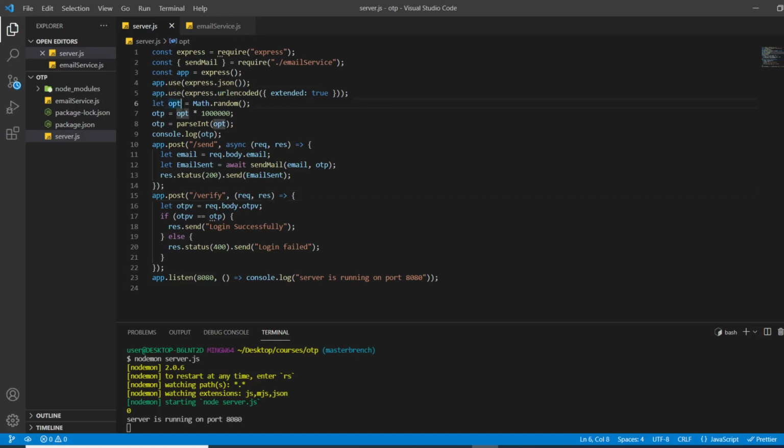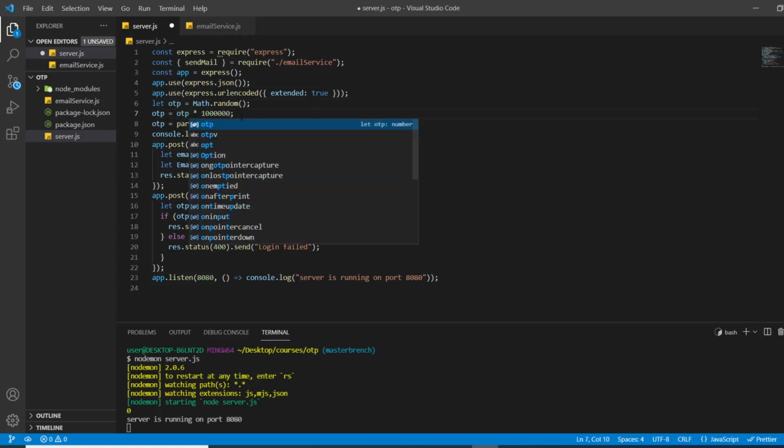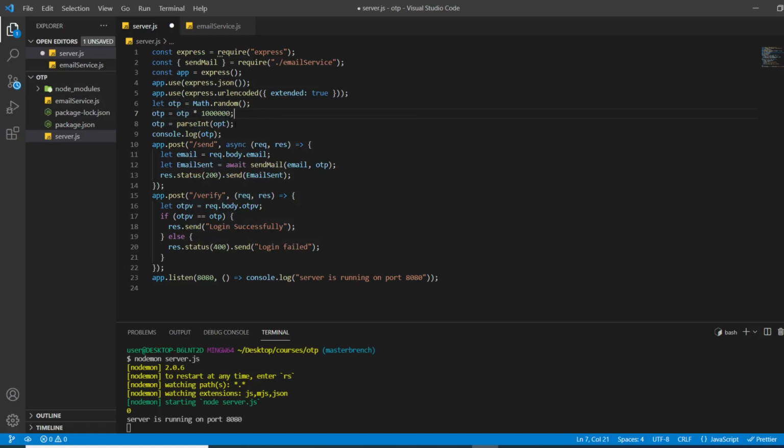Oh, this should be OTP, right? This should be OTP. We misspelled that. So now you can see we are able to generate the 6-digit number. Now what we have to do is send this 6-digit number to the user.